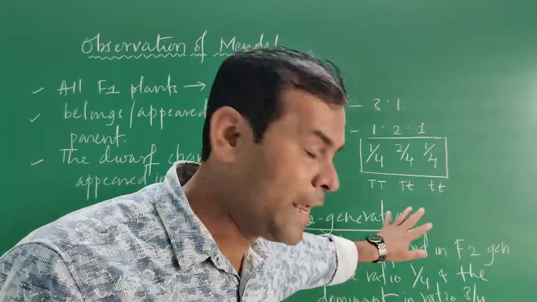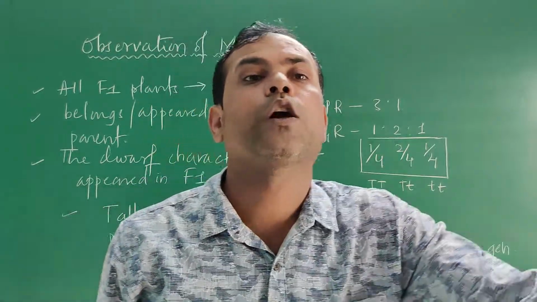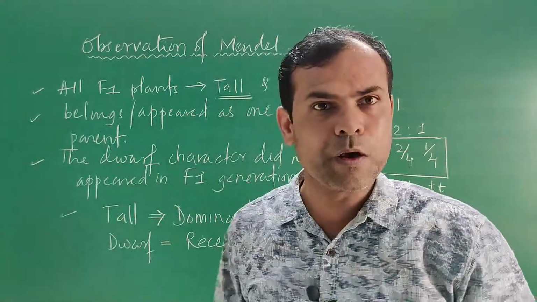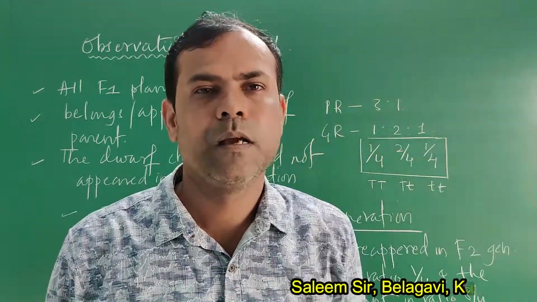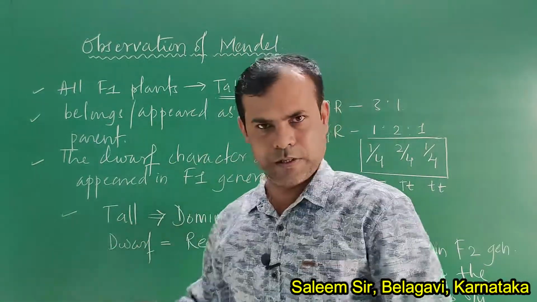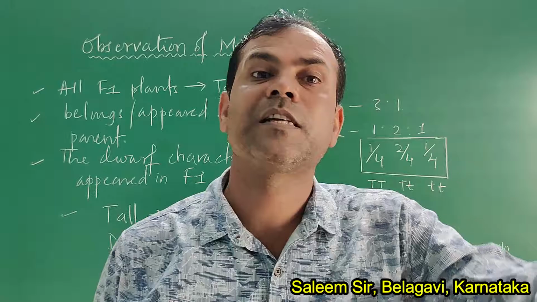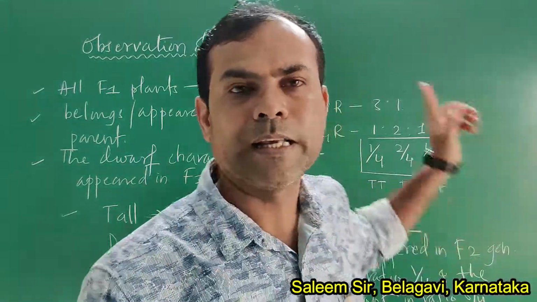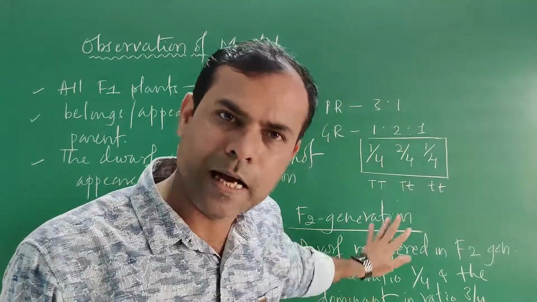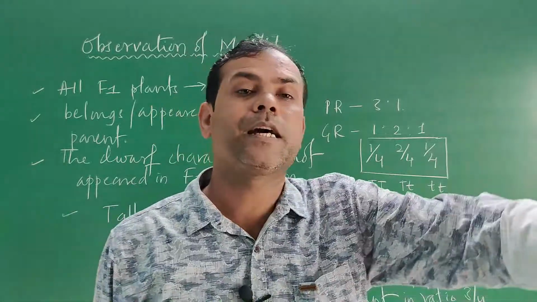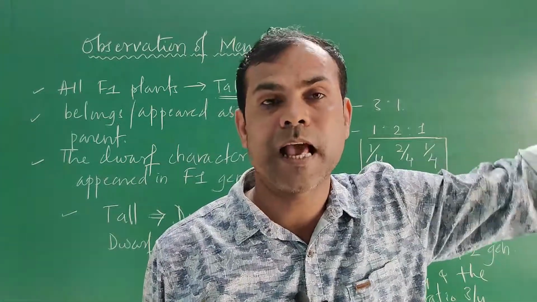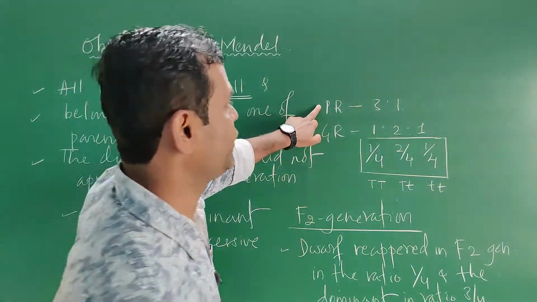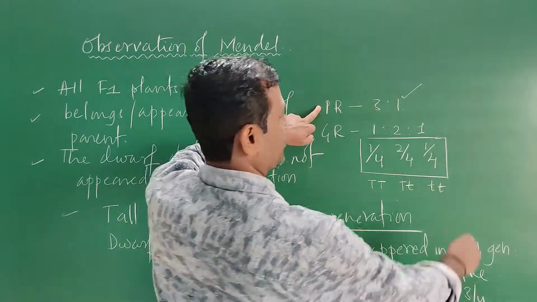So by using the same technique, he crossed the 6 remaining characters. He conducted monohybrid cross with the remaining 6 characters and he got the same results. I hope you remember Mendel selected 7 characters of the pea plants for his experiment. We used one, that is height. Then after using height, he conducted monohybrid cross. Like this, he conducted the same experiments with the other 6 characters. But the results with all 6 remaining characters are the same, that is phenotypic ratio 3:1 and genotypic ratio 1:2:1.